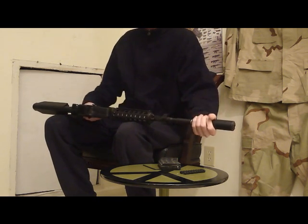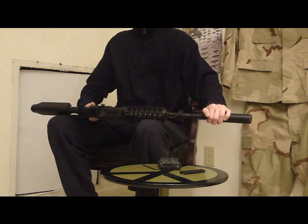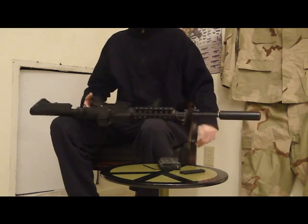I'm pretty sure it's a counterclockwise turn. Yeah, just counterclockwise. Just twist it off and it should pop right off. If not, you're screwed. Another thing I don't like about it is the front sight on this gun, standard M4